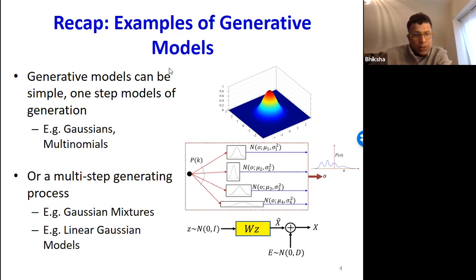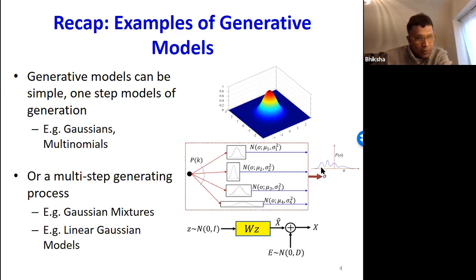We also saw multi-step generative models, like this one here, a Gaussian mixture, where the generating process that we model goes through two steps in order to generate an observation. In the first step, it selects one of the many Gaussians. In the second step, it draws an observation from the Gaussian.